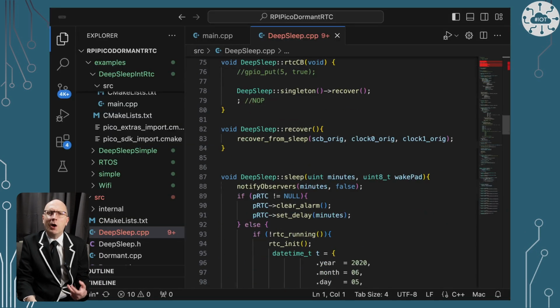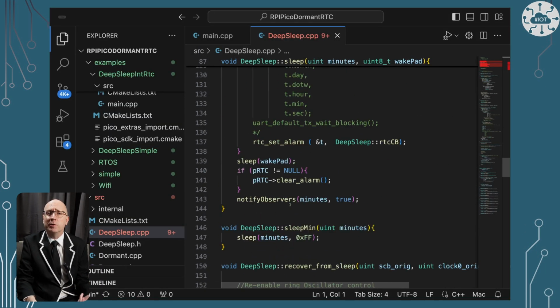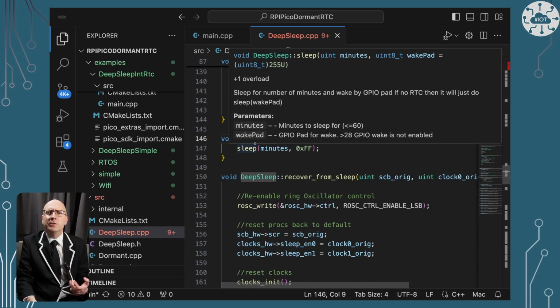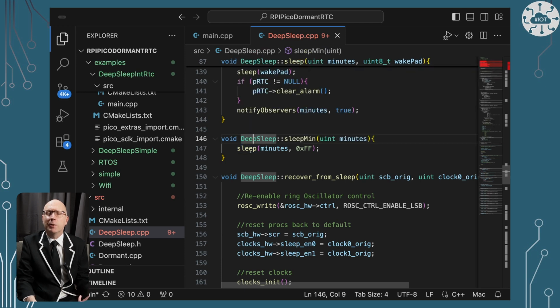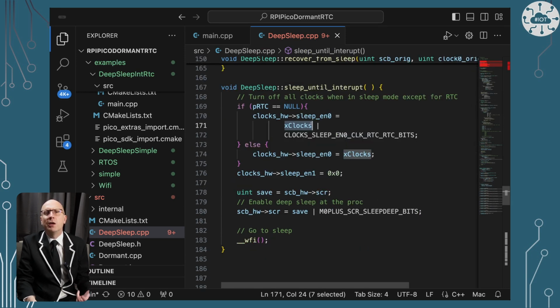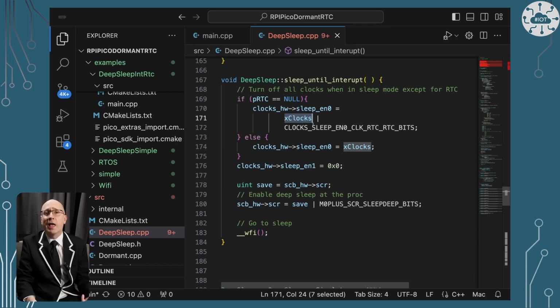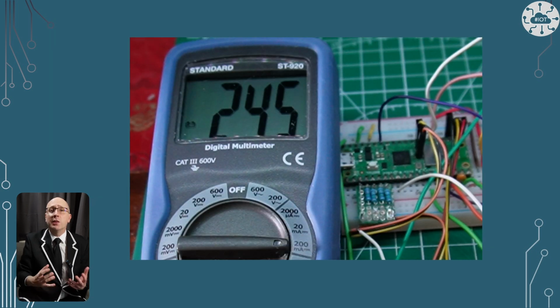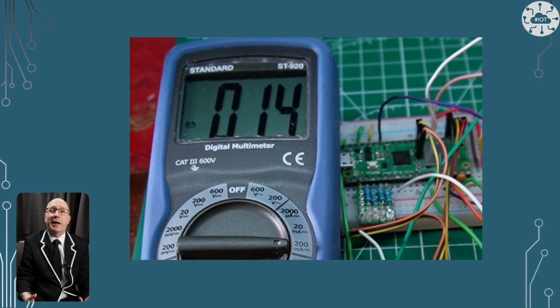I've built what I hope will be a reusable class and library for me to put the Pico into a deep sleep mode. This can use the internal real-time clock to wake the Pico. In fact, any interrupt will wake the Pico from deep sleep. To go into deep sleep, we basically tell the processor which clocks to keep running and then set the deep sleep bit. The Pico will drop from about 25 milliamps of average power usage to 1.4 milliamps of power consumption,